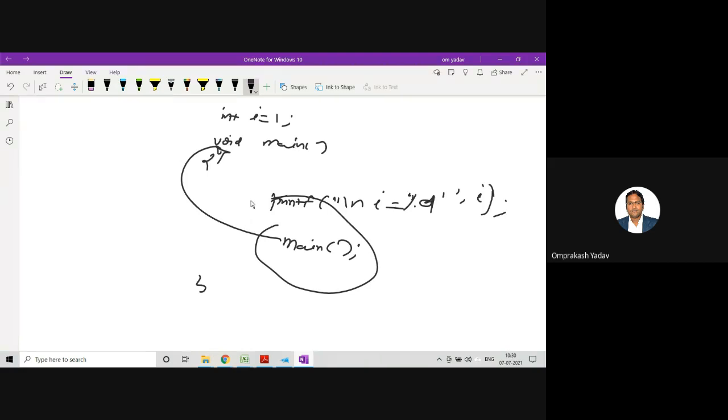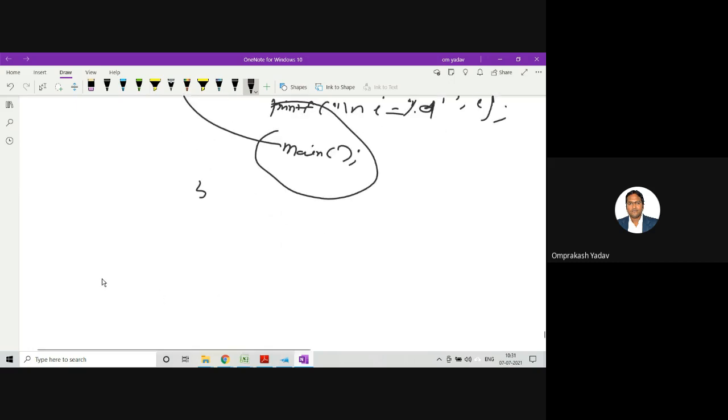Okay, so if this is a recursive function call, what is going to happen if we write this kind of program? The thing is, this program is never going to end, right? Because it will go on calling this particular function, and then it will go into an infinite loop. So we must end this kind of program, right? If a recursive function call is there, we must have a terminating condition. Okay, what do you mean by terminating condition?